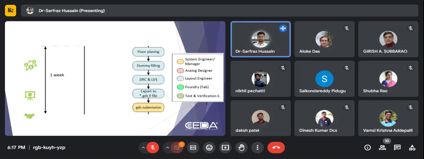After the floor planning, we get the result basically. After this floor planning also, we do the DRC and LVS check just to check that our design is working fine along with the floor planning. Basically, in the floor planning, we put some pins, so we put some tabs and therefore we need to do the DRC again just to have a cross check. That's it. After completion of this, we export the file